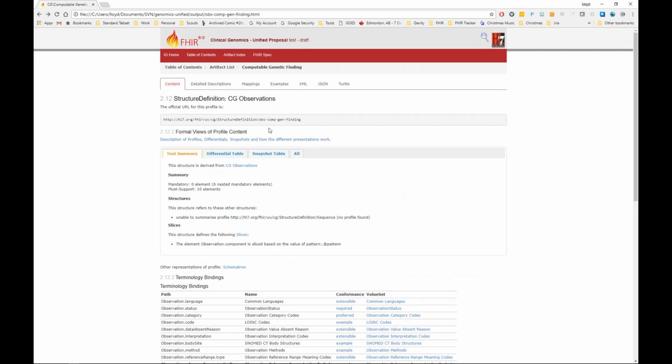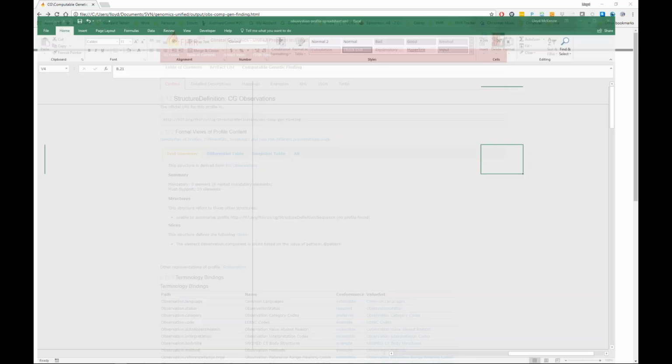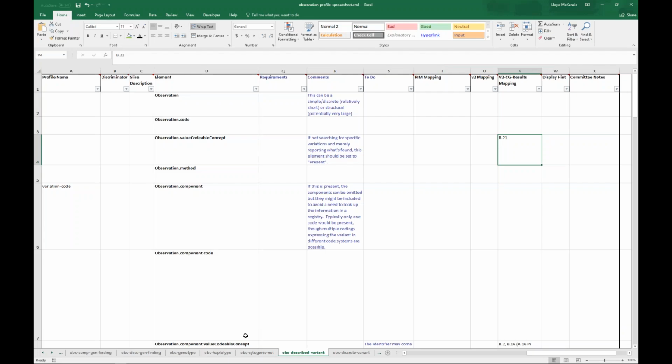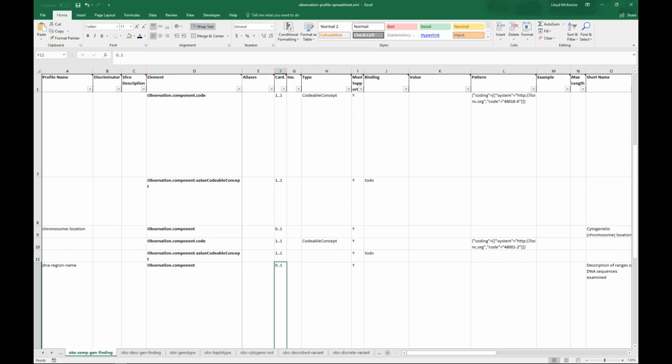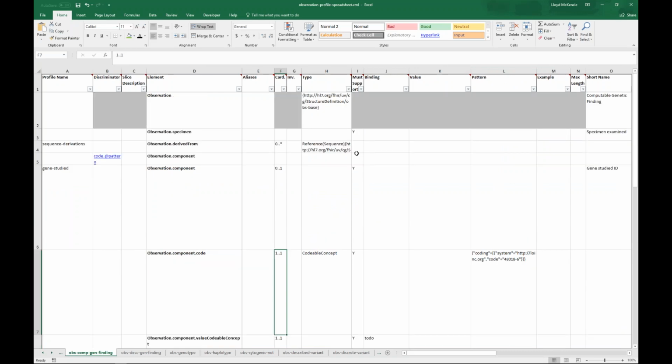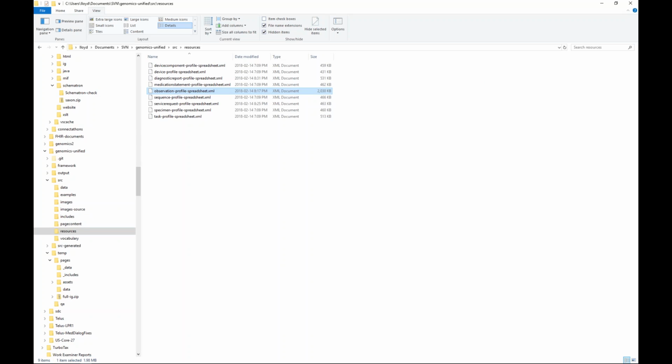Let's go fix that right now. So this is computable genetic finding. So let's come here and find computable genetic finding. That's okay there. So we actually need to go fix this in